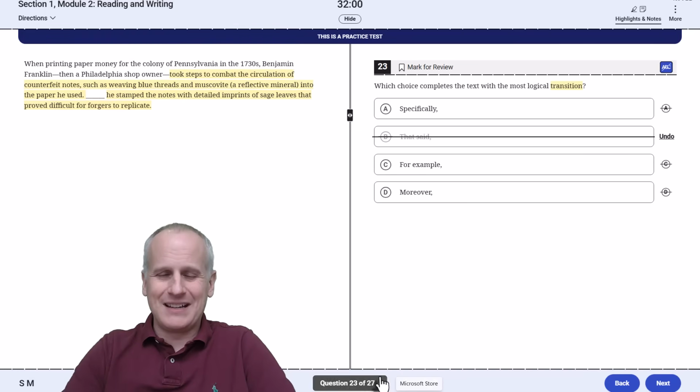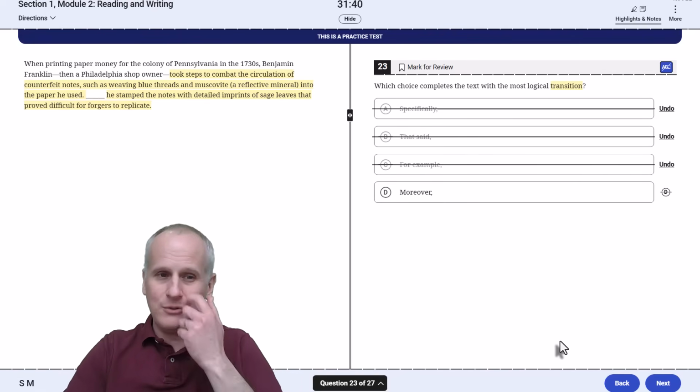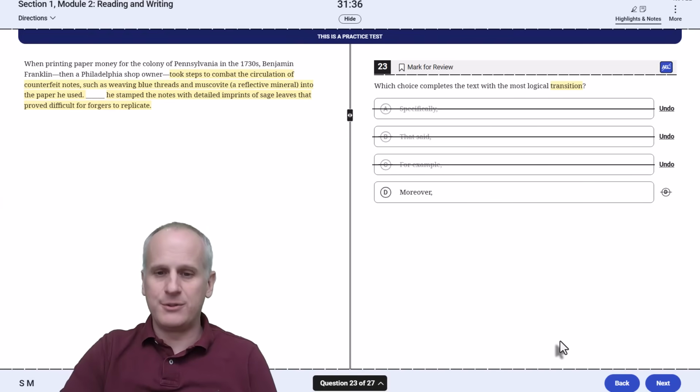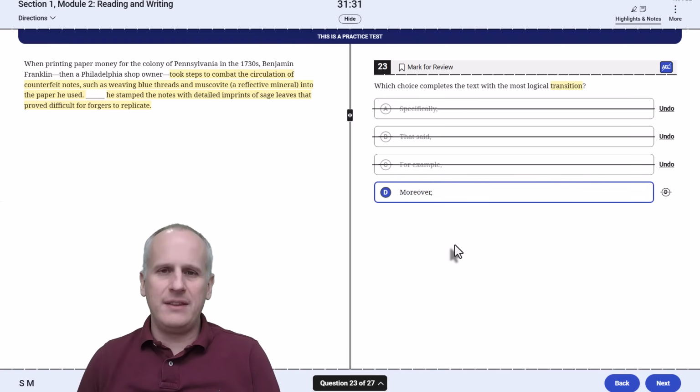And we should recognize, though, that these are multiple steps. We've got weaving blue threads into the paper, and then there's some stamping with imprints. They're not the same thing. So stamping with imprints is not an example of weaving blue threads. So goodbye to choice C. Same thing with specifically. It's not a specific way to create new paper that he imprinted with sage leaves these notes. So our correct answer is moreover,